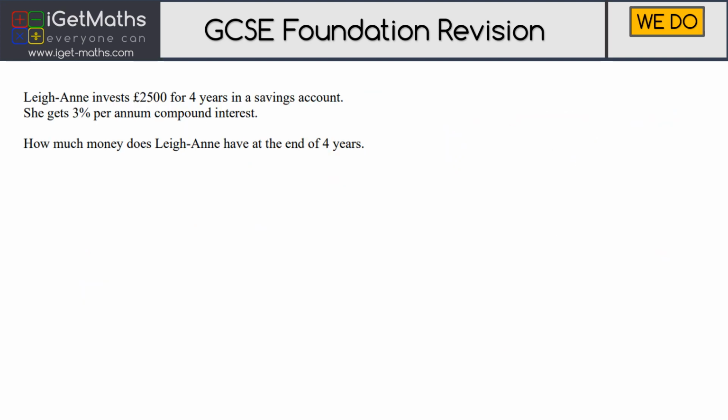So Leanne invests 2,500 for 4 years in a savings account. She gets 3% per annum compound interest. How much money does Leanne have at the end of 4 years? So remember, when you're looking at compound interest, you need to try to find your decimal multiplier. So if you had 100%, you add the 3% to it, which will give you 103%, and that as your decimal multiplier underneath would just give you